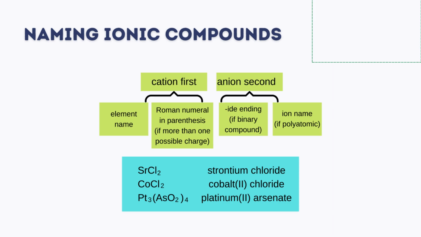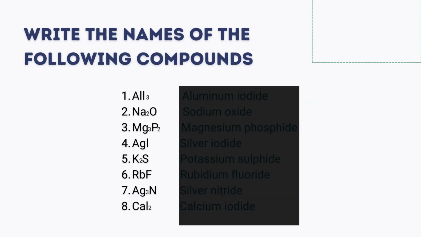For cobalt(II) chloride and platinum(II) arsenate, the Roman numeral in the name indicates the charge of the cation, which is positive 2 for both compounds. The compound is then named after the constituent ions, with the anion of platinum(II) arsenate having a charge of negative 3. It is important to include the ion name when referring to platinum(II) arsenate, as it is a polyatomic compound. Let's practice naming the following compounds: